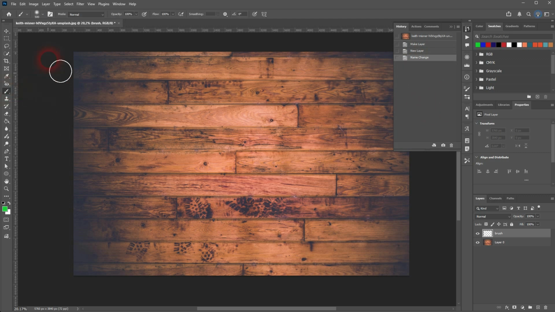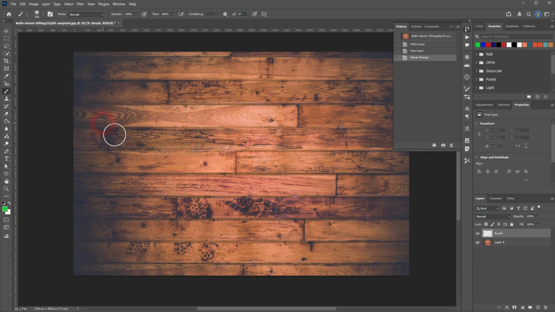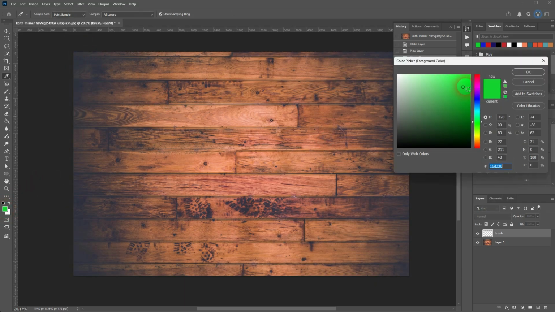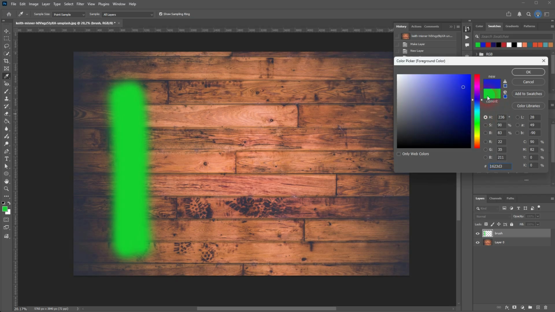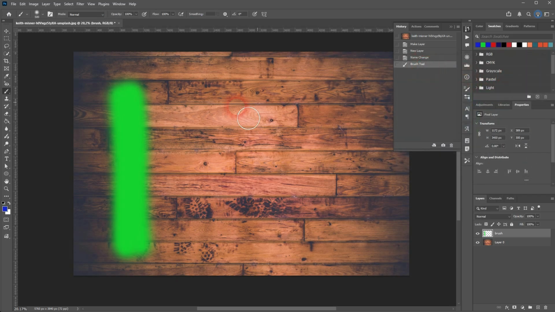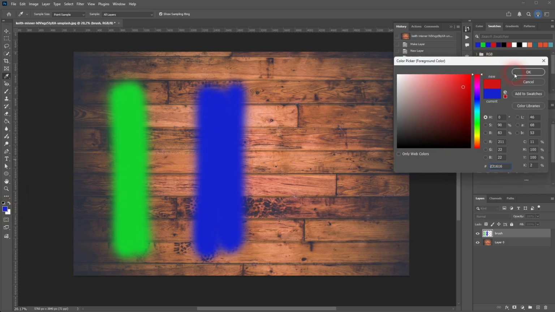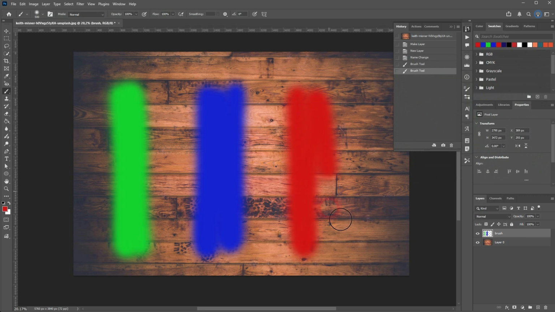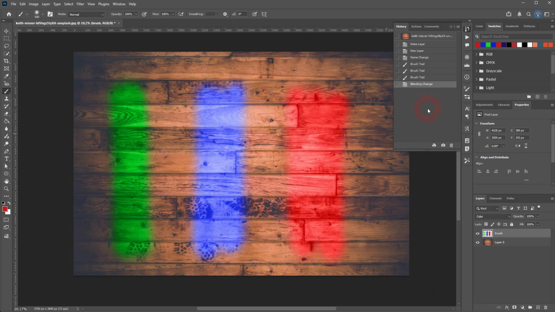So if you paint on your layers, then you make that 500 pixels. Green is my foreground color. I'm going to paint over this and release. This will be a new entry in the history. I'll use a bluish color, paint on it again. This will give us another entry. And maybe also a red color. So three brush entries, and I changed the blending mode to color to blend it with the background